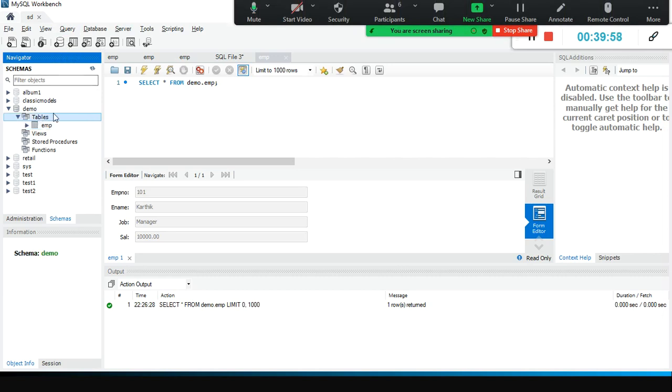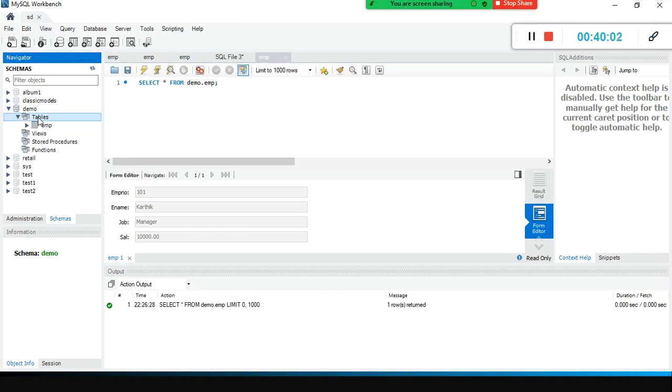After you install, right, tables. When you click table, right click on it. Select tables. See, now I'm inside the demo database. And it should be bold, only then it is active. That means this database gets activated. Inside this database, select tables, right click, create table.